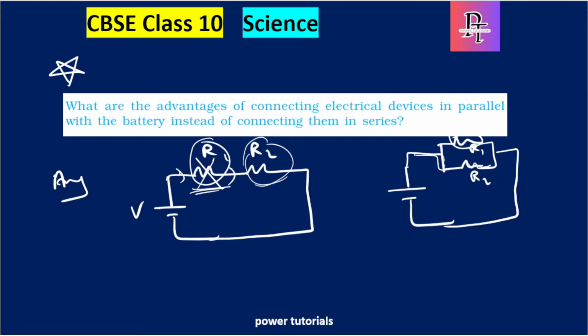It's the same way. For example, in your home you might have seen serial lights, when we have multiple bulbs connected to a single wire and we use it for functions or decorations. You might have seen that sometimes one or two bulbs are not glowing, but still the other bulbs are glowing. Why? Because they are connected in parallel. So this is the main advantage of connecting in parallel,